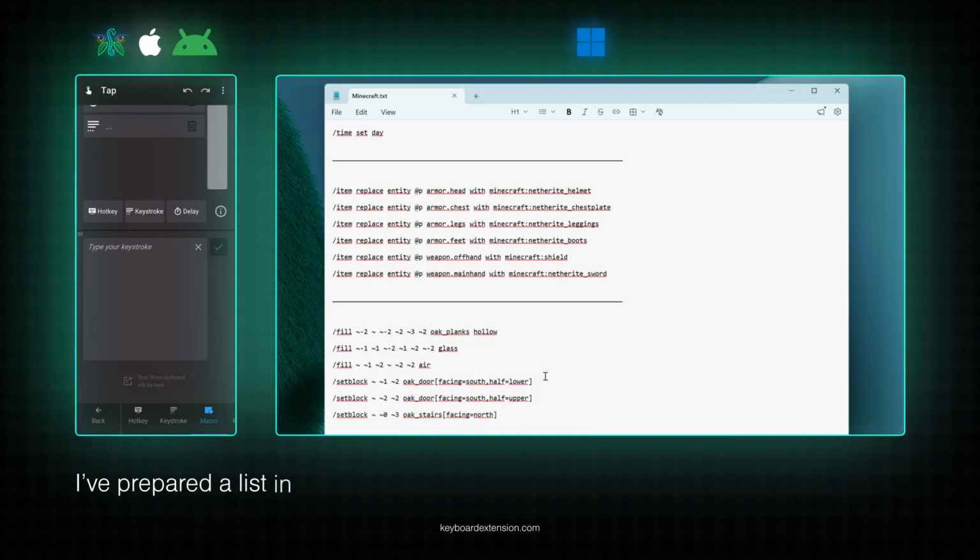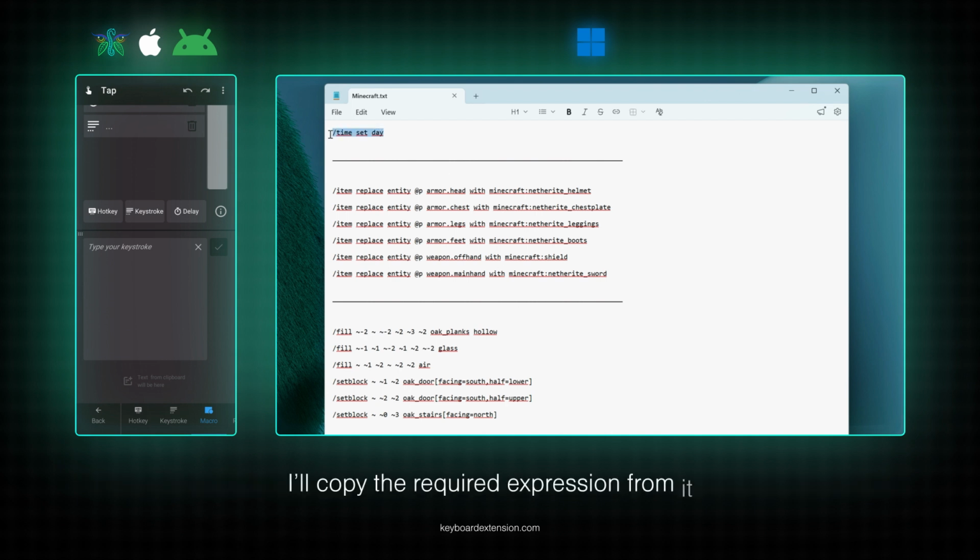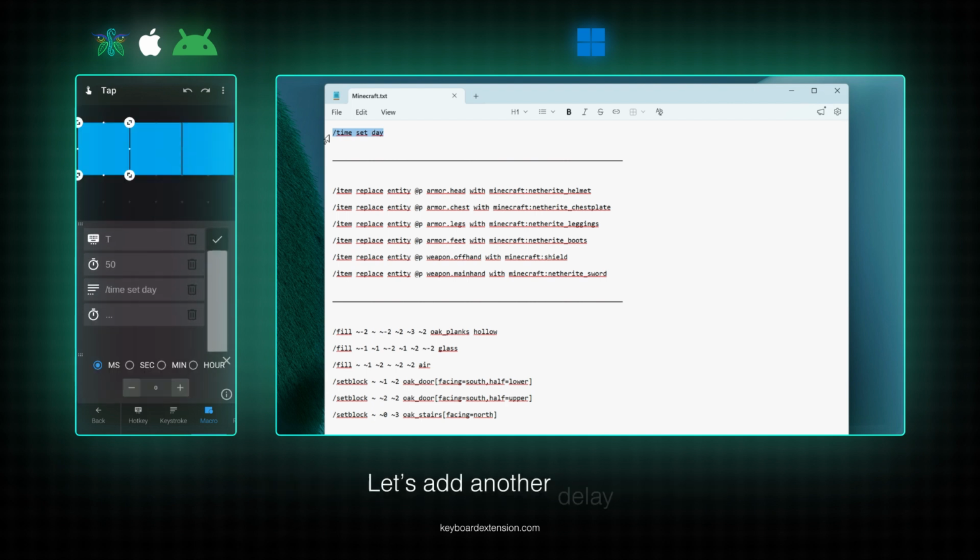I've prepared a list in advance with all the necessary commands for our macros. I'll copy the required expression from it. It will then appear on the smartphone screen. I'll select it. Let's add another delay